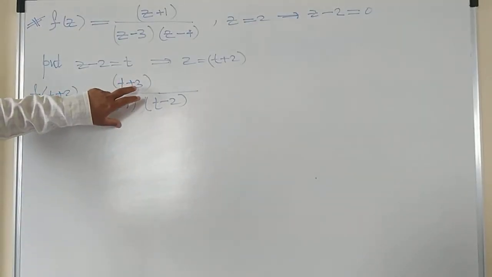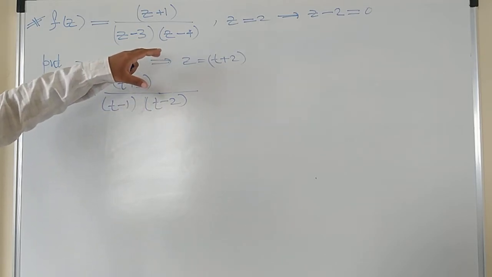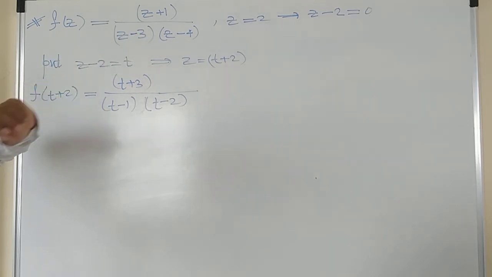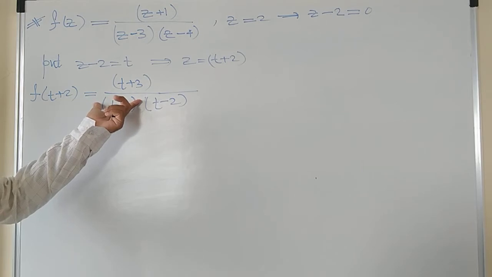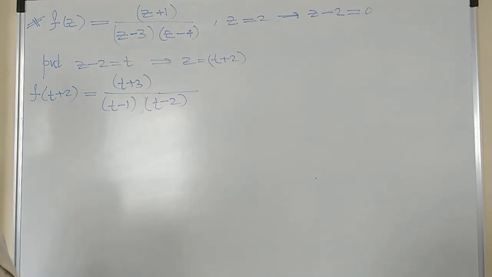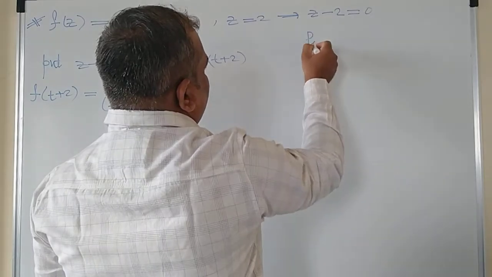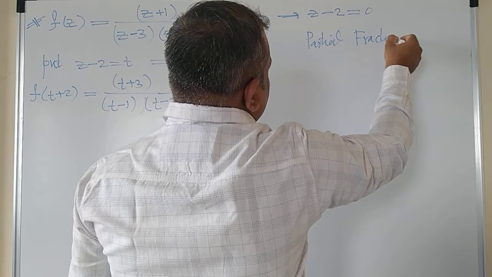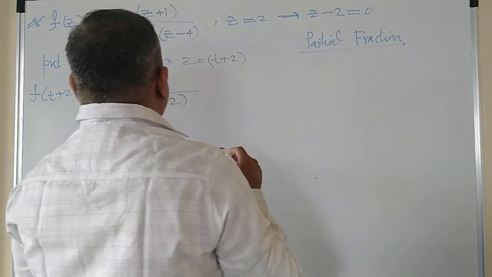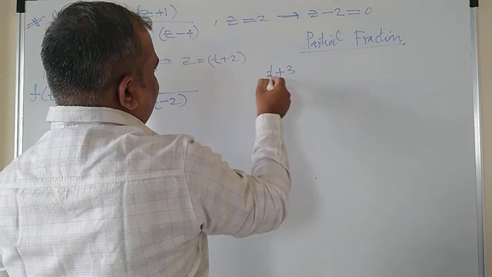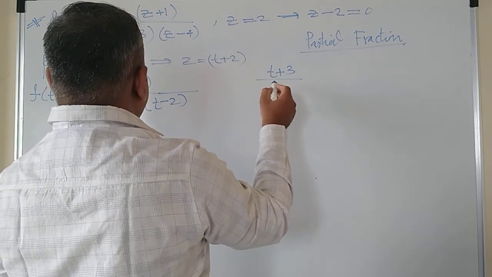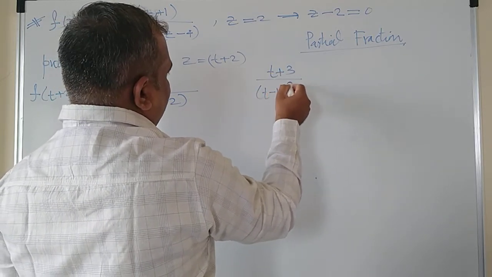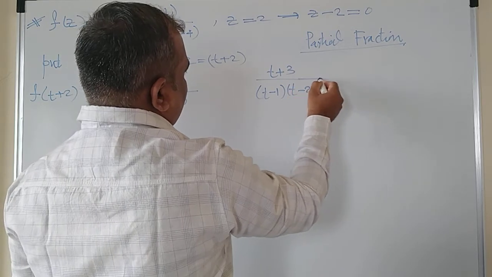Now write this right hand side in such a way that you will be able to write it in the form of 1 plus x raised to some power. Power may be minus 1 or plus 1, right? But to do that, you need to do the partial fractions. Otherwise, you cannot simplify the right hand side. And to do this, use a partial fraction. This partial fraction topic we already studied in the 12th standard. So, to simplify this, let me write the right hand side again. t plus 3 divided by t minus 1 into t minus 2.